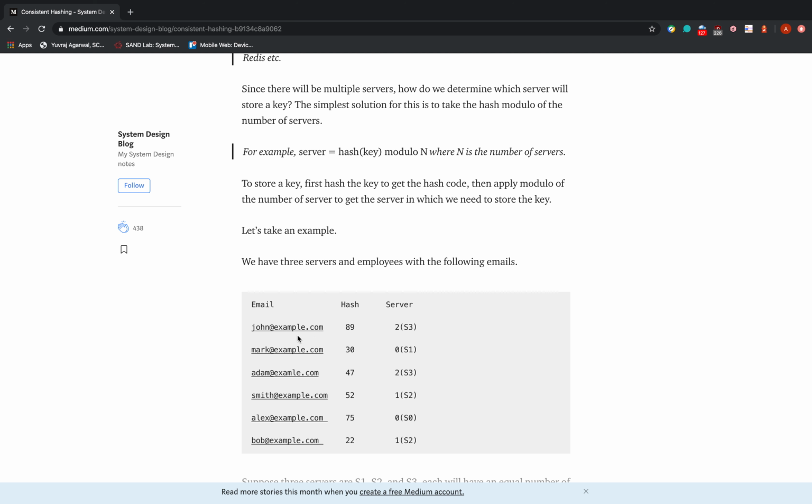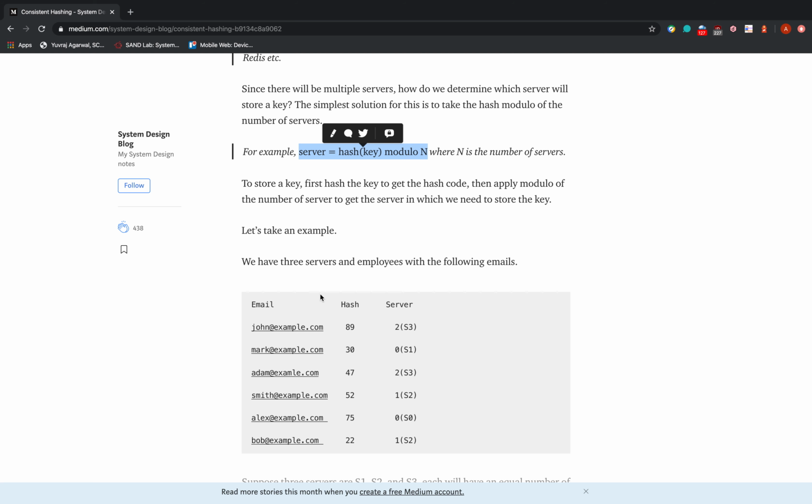And we want to store these emails on these servers, right? We want to store some emails on, for example, S3, some emails on S1, and some on S2. DHT is one way to distribute these emails on the servers. So we'll use this function to hash these emails to servers.